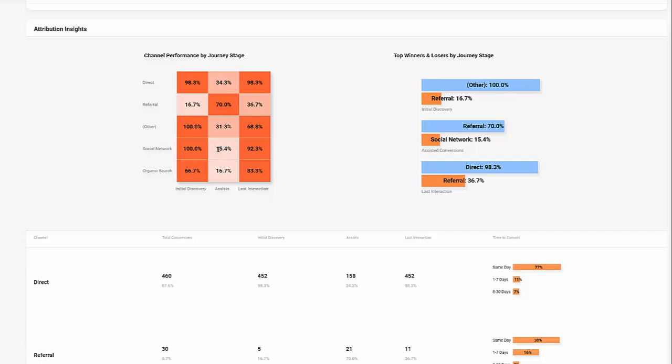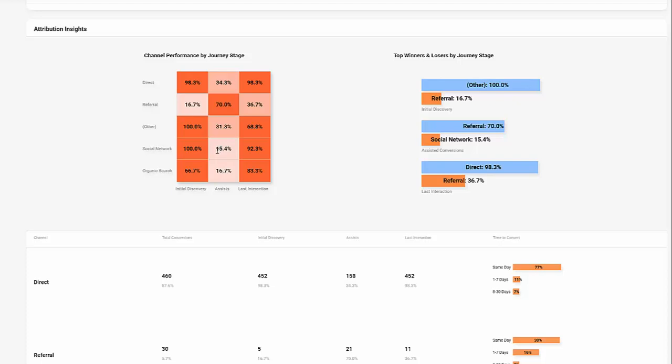This shows you what percentage of conversions were assisted by social network somewhere along that click path. So let's say on a 5-click conversion path, maybe on click number 2 or click number 3, the social network played a role. Okay, so this is important from the perspective of what you are doing in the middle of your funnel,